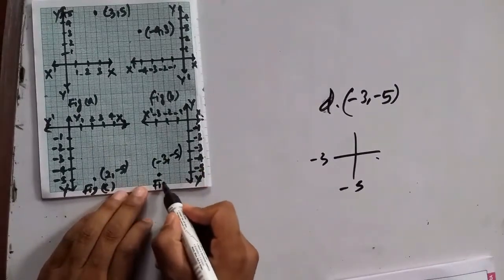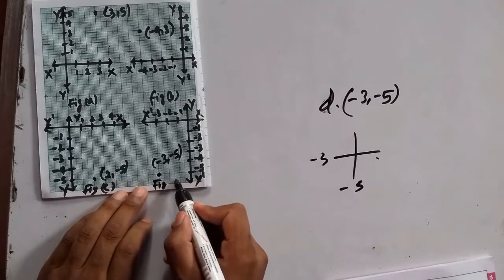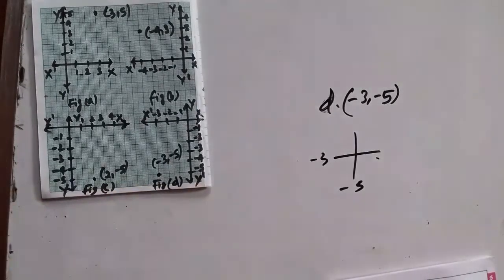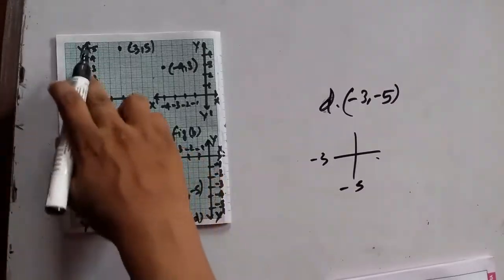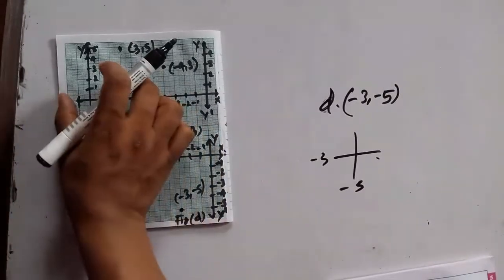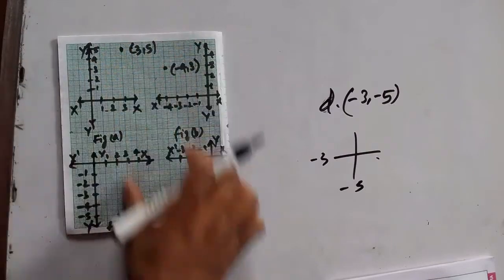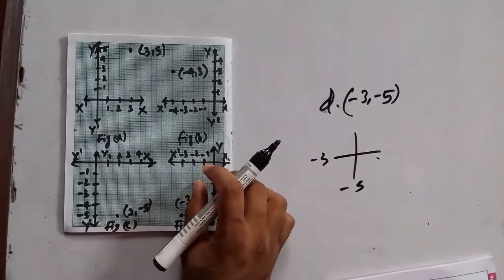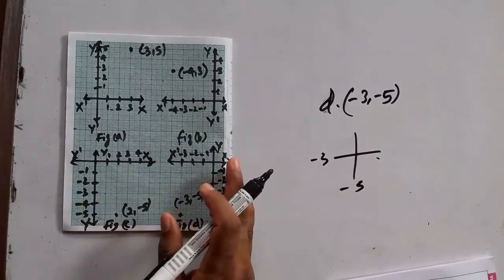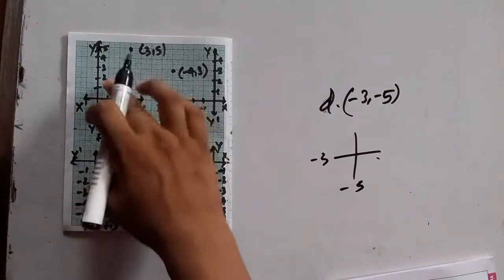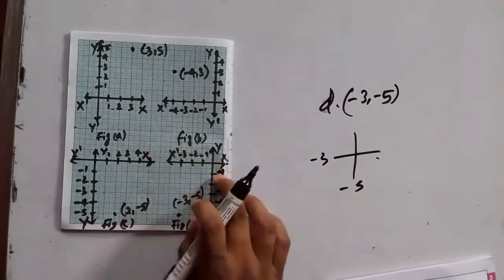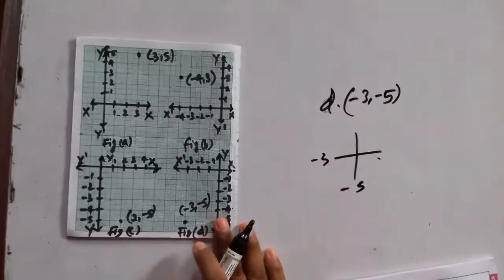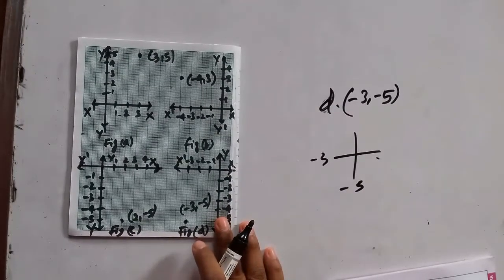This is figure D. In this way we can plot by making separate Cartesian planes also. This we can do in one graph paper, this in another graph paper also. Similarly we can draw on different graph papers. In this way we can plot these on 4 different graph papers also. So these are the different methods of plotting the ordered pairs or points.